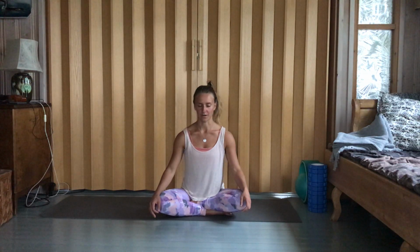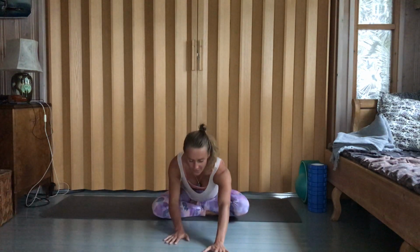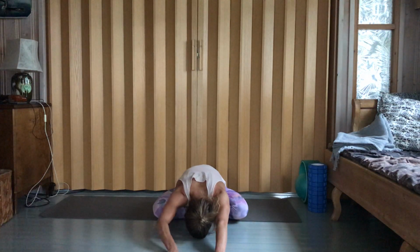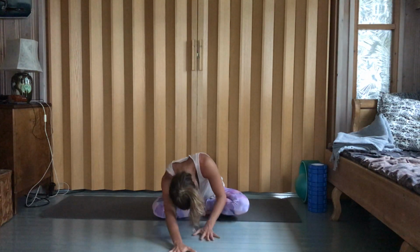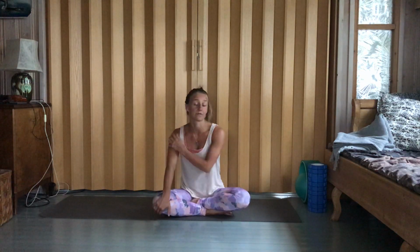And start to bring your awareness back into your breath, starting to control your breath. Bow forward on your mat, reaching your arms out in front of you. Then exhale, starting to lift back up to seated, opening your eyes slowly. Feel free to scratch or yell or whatever you wanted to react to earlier. Right now,